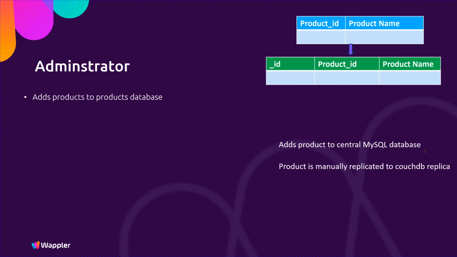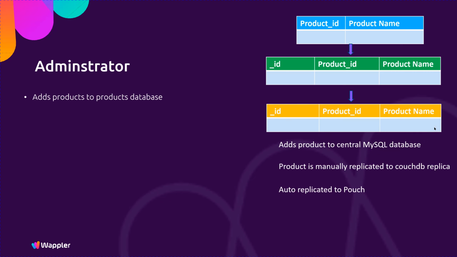Now technically we could just author directly into that Couch database, but I'm thinking bigger plan. Probably if this was a massive big company like Google, they would probably have multiple Couch servers and multiple forms of replication. So I'm going to add that level of SQL to Couch to Pouch. Also it teaches the techniques, and really that's what this module is all about. So having replicated that to a CouchDB, we have this automatic replication that Couch and Pouch offer, bi-directional replication. So by adding that product ID into the admin console, a bit of code will push that into the CouchDB, and then that will immediately be taken to the PouchDB, provided that that person is online, and they will see that product pop up on their